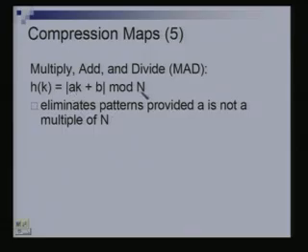Here a should not be a multiple of n. If a were a multiple of n, what kind of a problem would you have? a mod n would be 0, so ak mod n would be 0. So for any key, you will always get mapped to the same location b. In fact, a and n should be co-prime if possible.